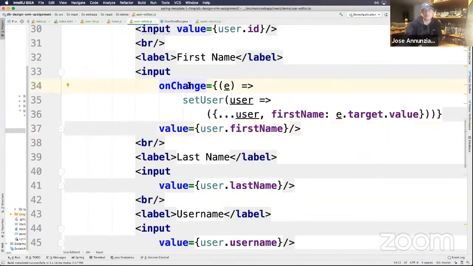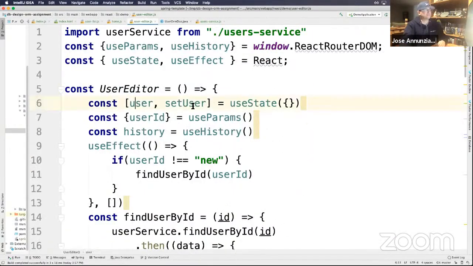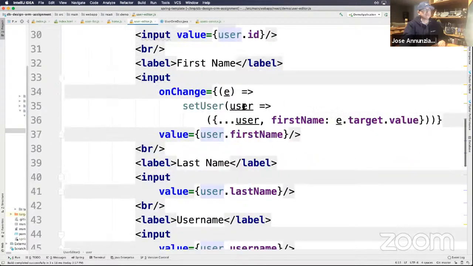Here we're adding an on-change event handler, meaning that as you type every keystroke, it generates an event, and we're using that event to set the value of the user. We're going to update the value of the user, the local variable. We're not sending anything to the server yet. We're updating the local copy of the user. And so we're updating the old value of user. We're going to copy it over,